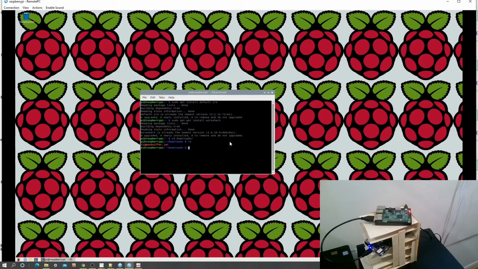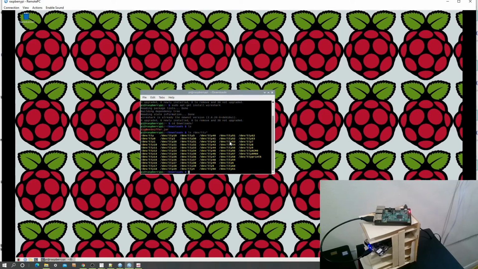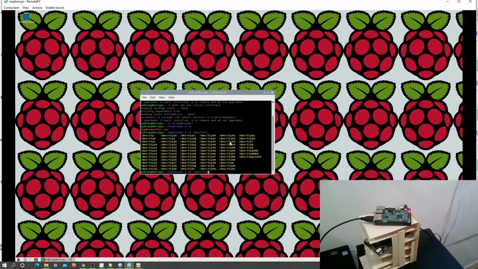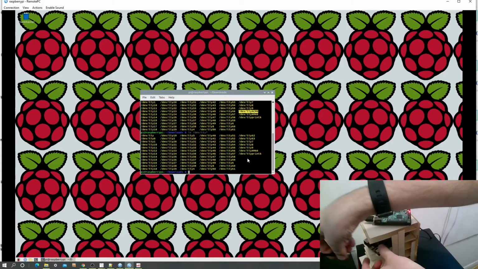To find that, I need to use this command. Then I need to do a power cycle and use it again. It seems that my COM port is that one, ttyACM0, because it was here but now it's not here. If I connect it again,